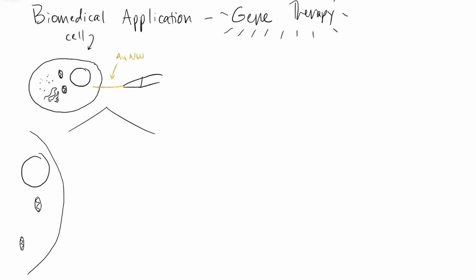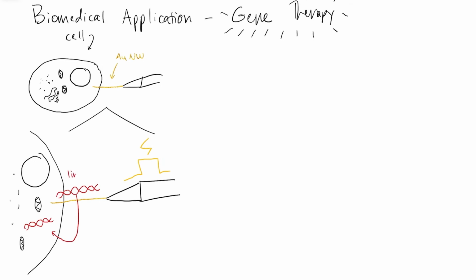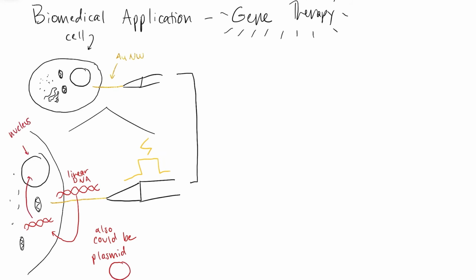First, a DNA molecule is attached to the gold nanowire injector, and the injector is inserted into the cell by piercing the cell membrane. When an electrical impulse is sent through the gold nanowire injector, the DNA molecule releases, allowing for specific timing of release of the DNA. Due to the small size of the gold nanowires, they are able to pierce the cell wall without doing significant damage to the cell structure.